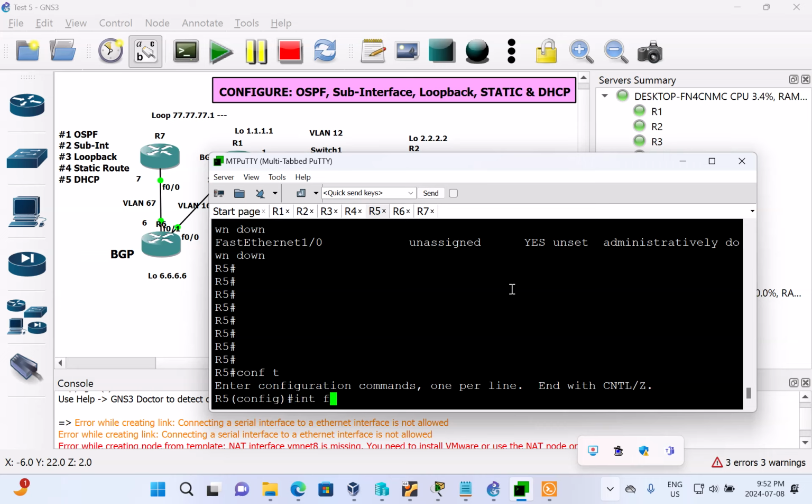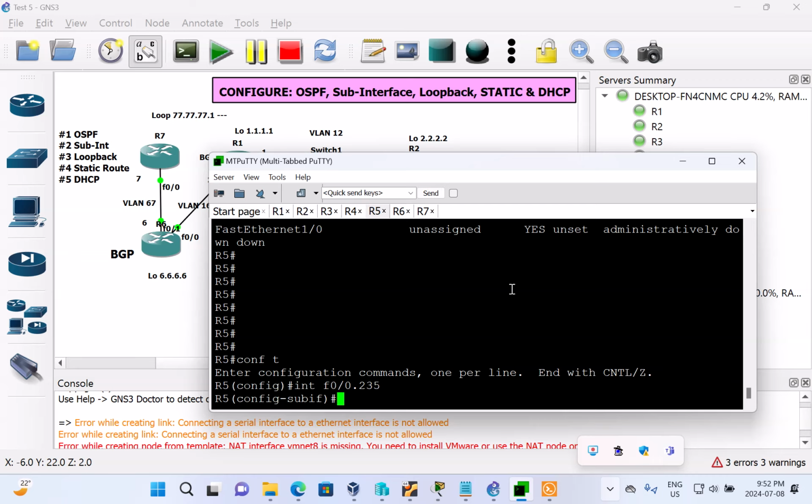Remember, interface, sub interface fast 0/0, followed by a dot and the number of the VLAN, and press enter. And from here we need just to say